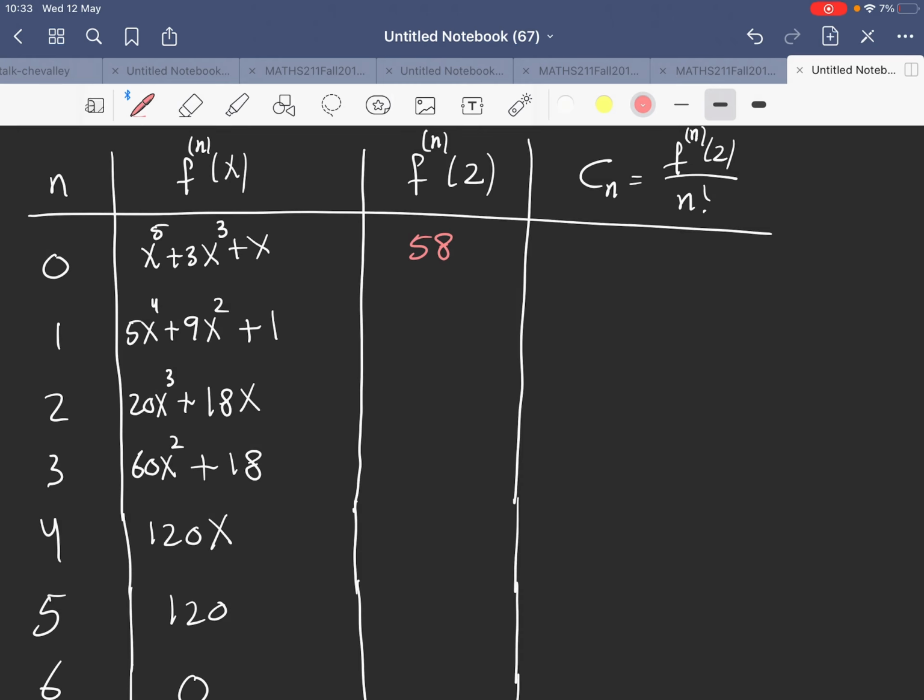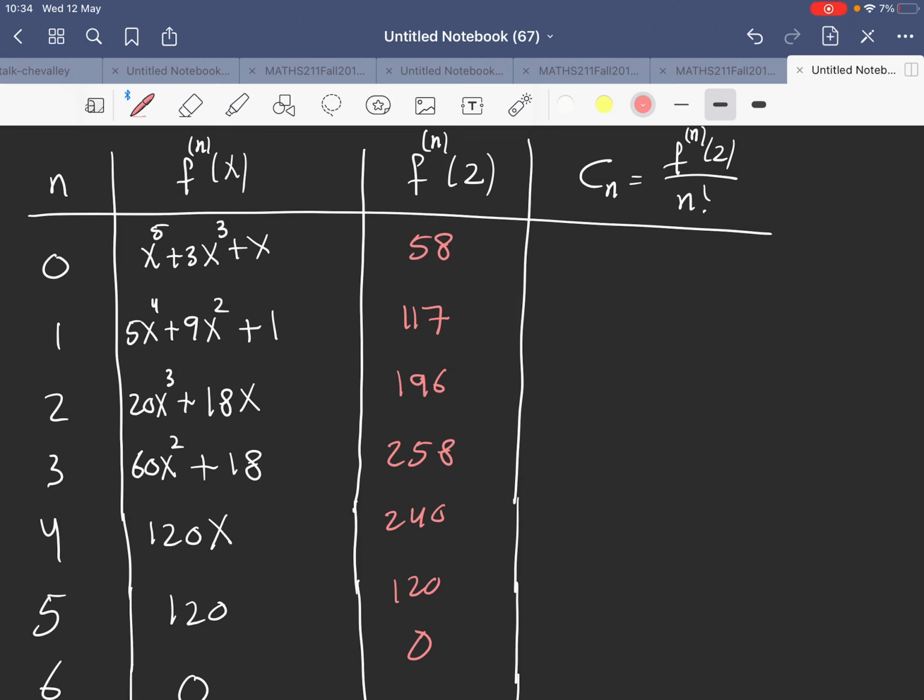And that's 117. Next one will be 20 times 8 plus 18 times 2. And that's 196. And then we will have 60 times 4 plus 18, 258. And then we have 120 times 2, 240,